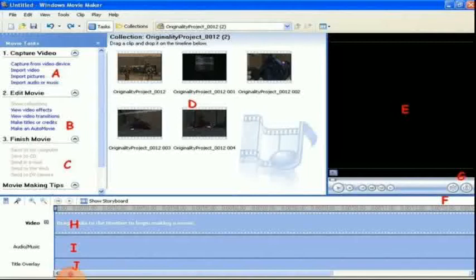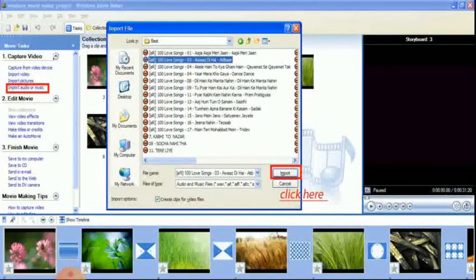Next, click Import Pictures from the Task pane to insert pictures. The import file dialog box appears as shown. Then select the pictures for creating the movie and click the Import button to import pictures to Movie Maker.